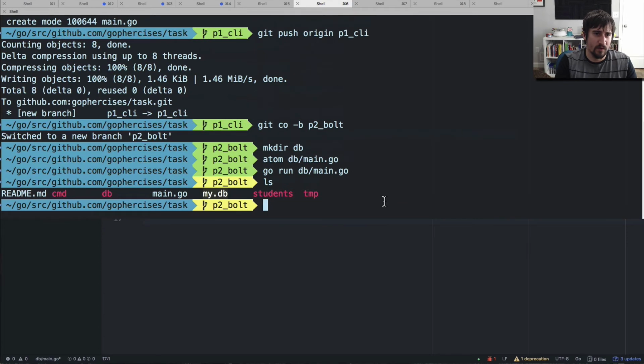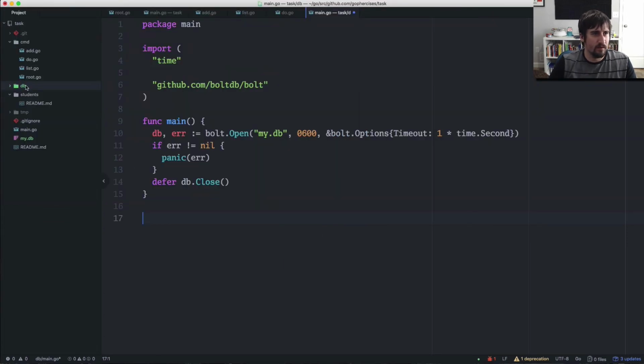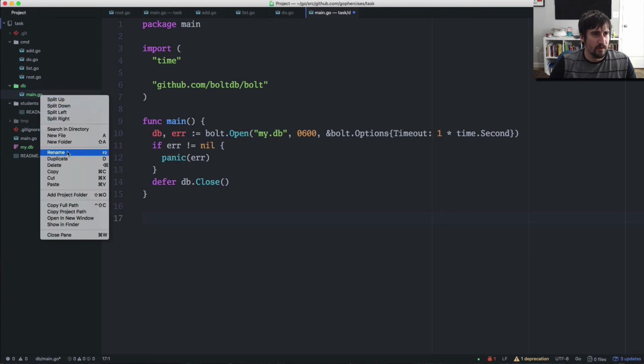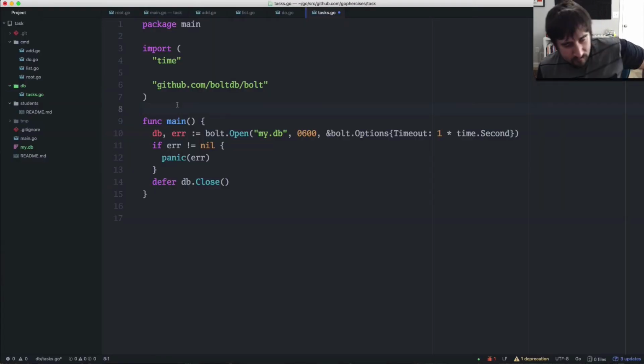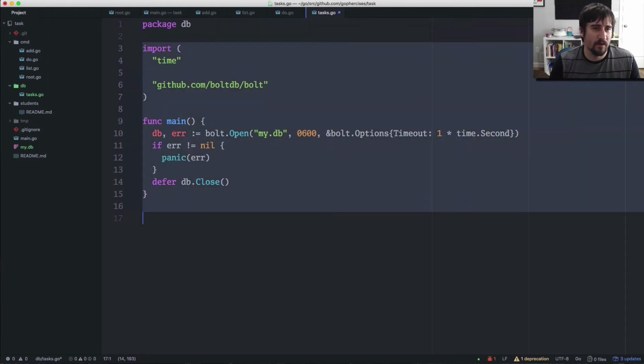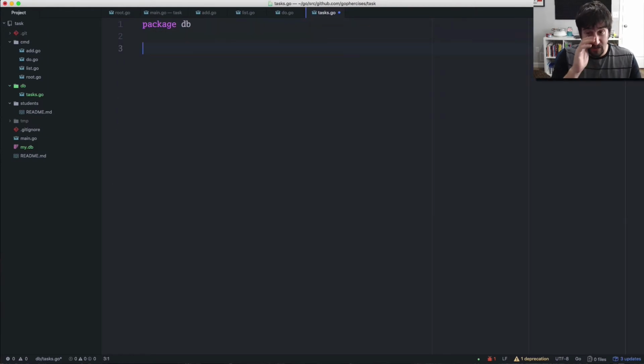I'll just rename the file. So rename this, and we're going to name it tasks.go. I think that's fine. And this is going to be a file that contains all of our source code about the tasks bucket in our Bolt database. So we're going to name the package DB. I'm going to go ahead and just delete all this for now. And we're going to start with this